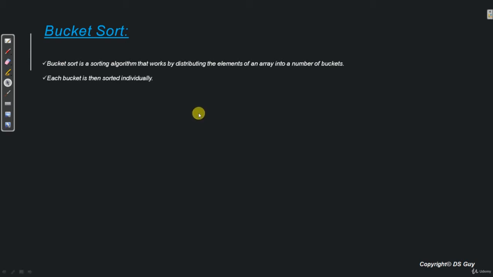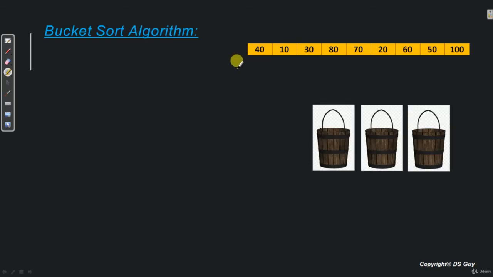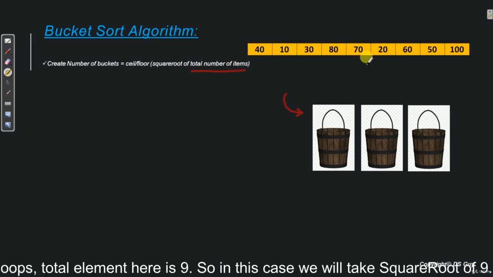So now let's take one simple example to understand how exactly this works. Let's say these are the numbers that we want to sort. First, we have to create some buckets. Now you might ask how many buckets we need to create. Should we always create 3 buckets or is there any formula for that? Yes, we have a formula for that. All we have to do is take the total number of items that need to be sorted. So here we have 10 items that we need to sort.